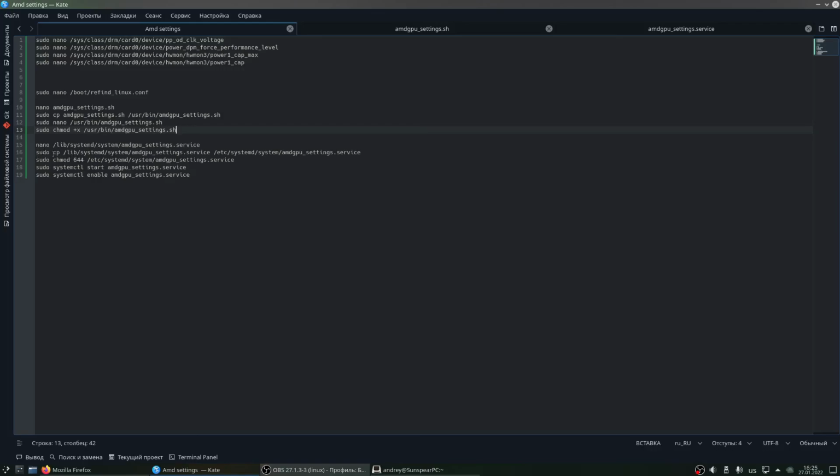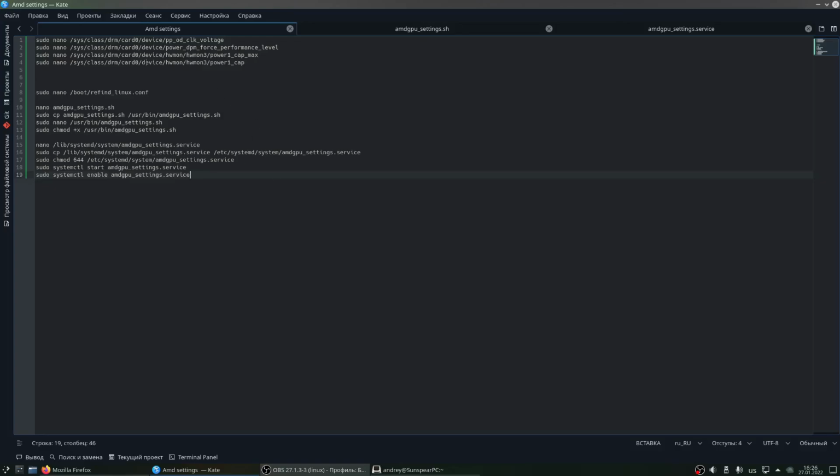Okay, after that we copy our service to /etc/systemd/system/amdgpu-settings.service, change the rights to this file, and we can start our service and our settings will be applied already, and after that enable it to start our service each time we start our system.